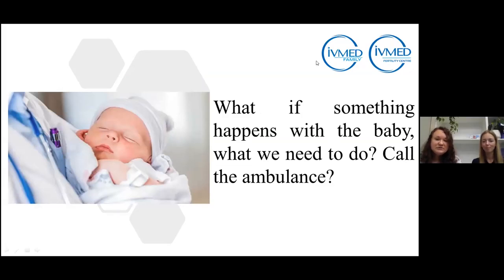What if something happens with the baby? What do we need to do? Call the ambulance? Firstly, you need to call your medical coordinator, and don't worry if it's early night or morning or whatever, because the baby's health is the most important part for us. If something is wrong, firstly, call your medical coordinator. We can ask you several questions, for example, about the baby's health condition, temperature, symptoms, formula. The pooping part is also really important,